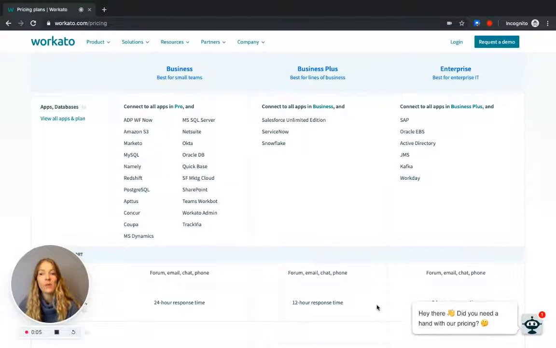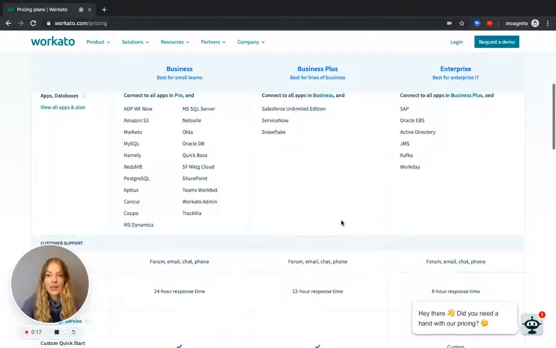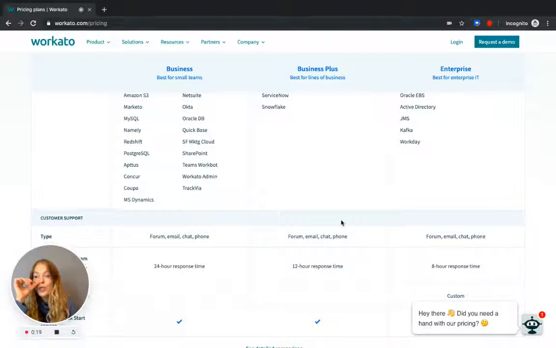So today we'll be covering how to convert more of your visitors on your pricing page, specifically for SaaS-based websites. We've selected Workato as a random company because it has quite a complex pricing matrix, as you can see here. We wanted to show how a pricing calculator bot can streamline the customer experience and convert viewers